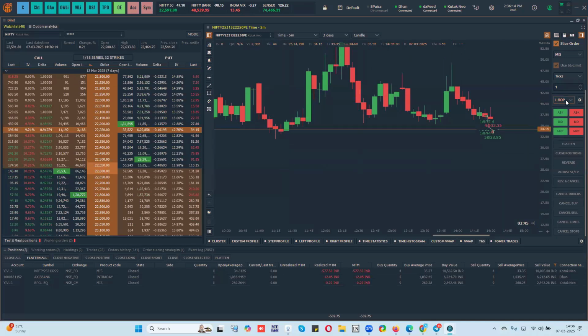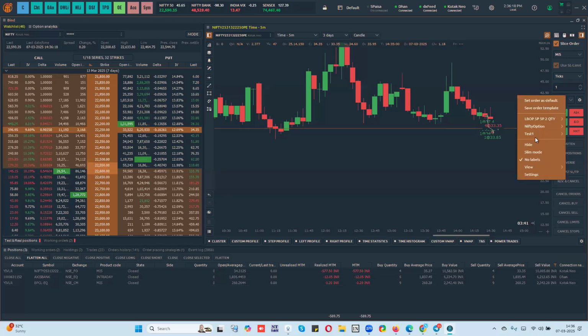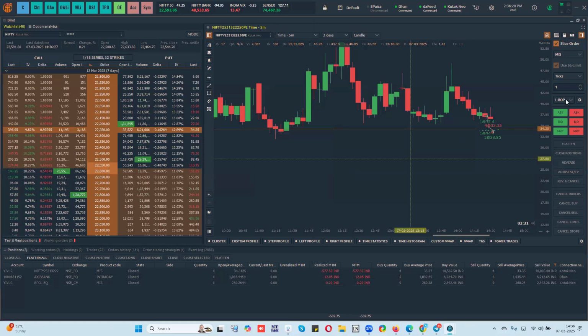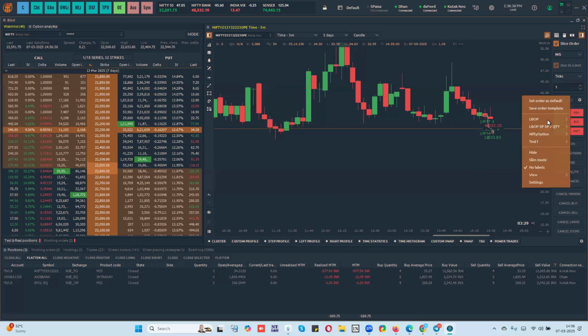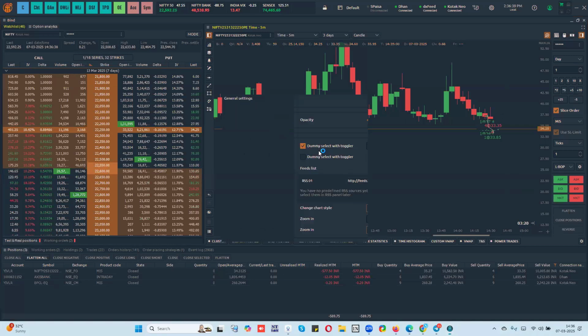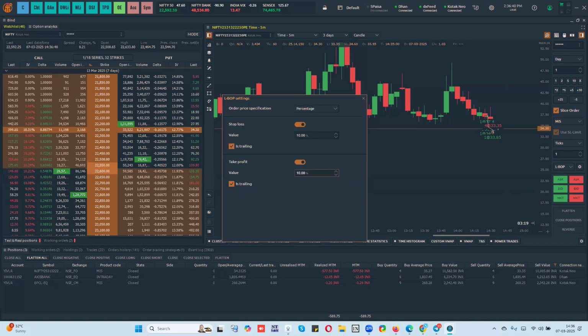So yeah, LBOB, I explained already. So you can create your template also. Suppose I want to save this as a template for LBOB, I can do that so that you don't have to keep changing the settings. So I just change it to LBOB settings, and I have the LBOB, with whatever quantities that you predefined. When I switch to this, you can see that everything is automatically selected. So you can switch according to your requirement.